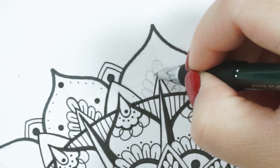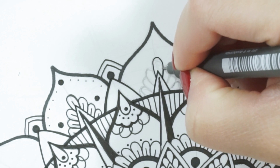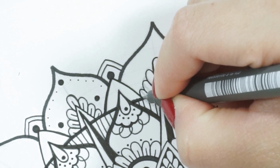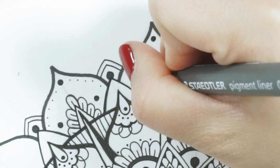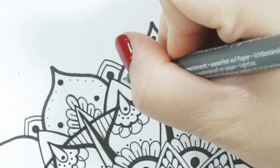And you can sketch this out with pencil first if you wish, and then once those are done, I'm going to be doing a line in the middle of those petals, and on the tip of this petal I'm going to be adding a circle, and then on each side I'm going to be also drawing another circle as well, and on the sides of this petal, as you can see from the left petal, which is completed. So we're going to go ahead and draw this design on all of the petals, and when that is finished,